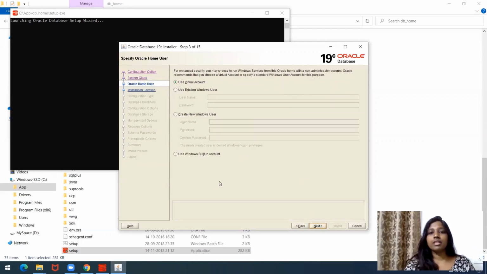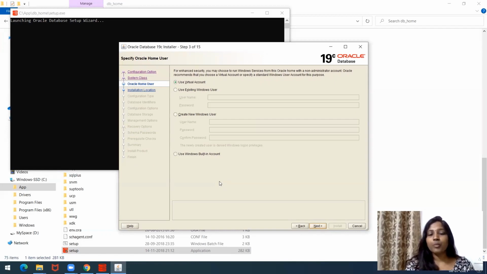Now the Oracle Home User gives us four options. Why do we have to have a dedicated user? That is a right question to ask here. Oracle in the background is going to perform a lot of actions, and a lot of things are going to run to keep the system up and running, so it requires a dedicated user.